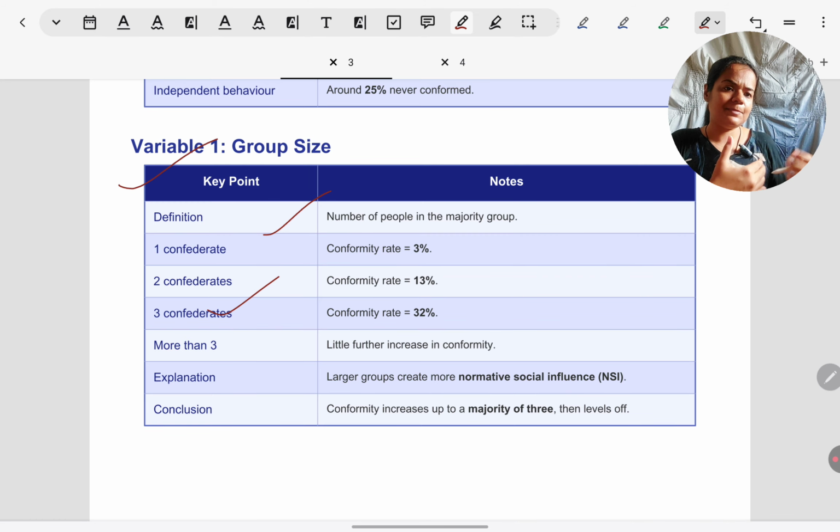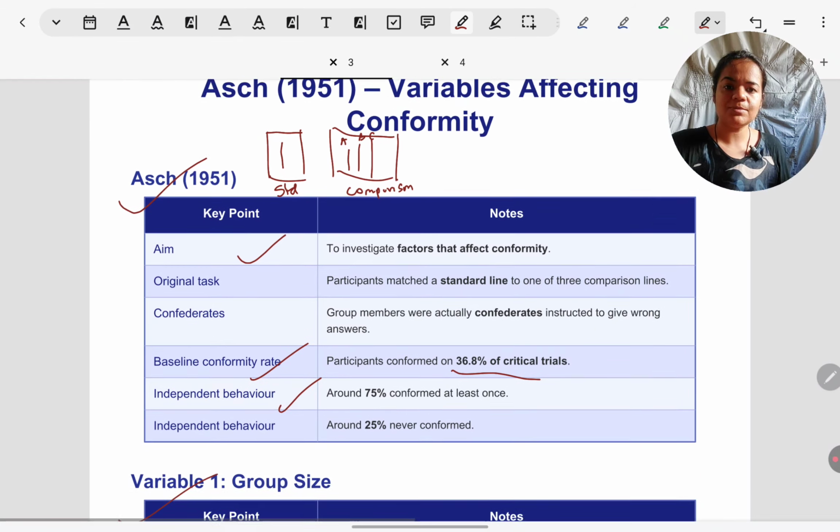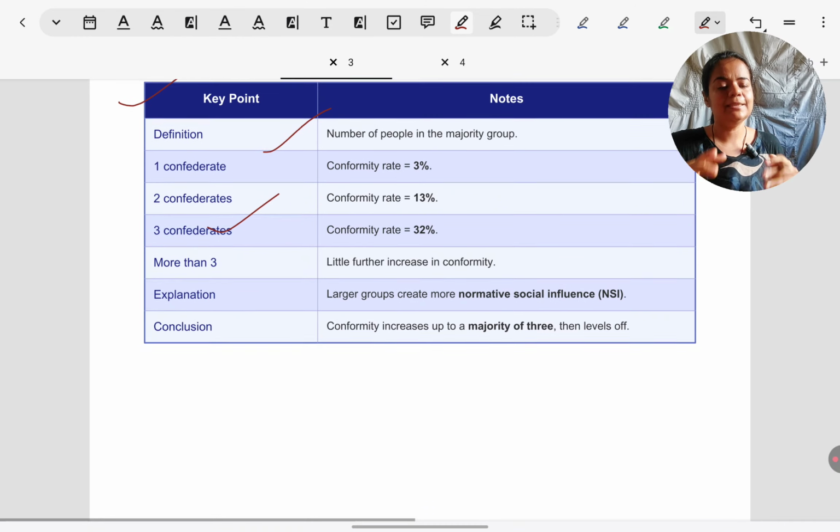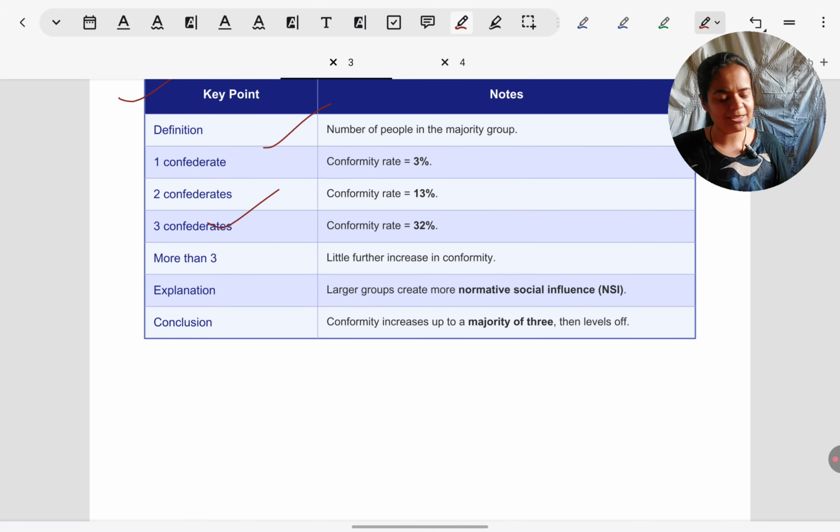Asch did a study, it's a replication or variation study of the original, which we saw just now. He repeated that study. This time, though, he followed most of the procedure. That means the paradigm was the same, but he manipulated the group size. In the original study, there was one naive participant and 6 to 8 assistants of Asch who were creating pressure, who were the majority. In this variation study, on some of the trials, there would be only one assistant who was opposing the participant. So, literally, only 2 people were there, the naive participant and one assistant. The assistant was giving the wrong answer, just like in the original study.